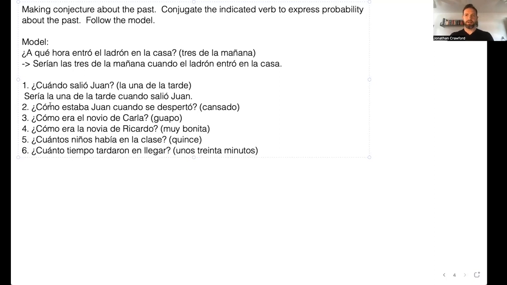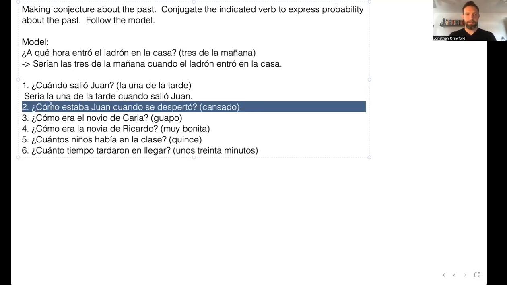Can you guys say that? Sería la 1 de la tarde cuando salió Juan. Try to say it fast without mixing up your tongue. Sería la 1 de la tarde cuando salió Juan. It was about 1 when Juan came out. Anyway. Okay. So,